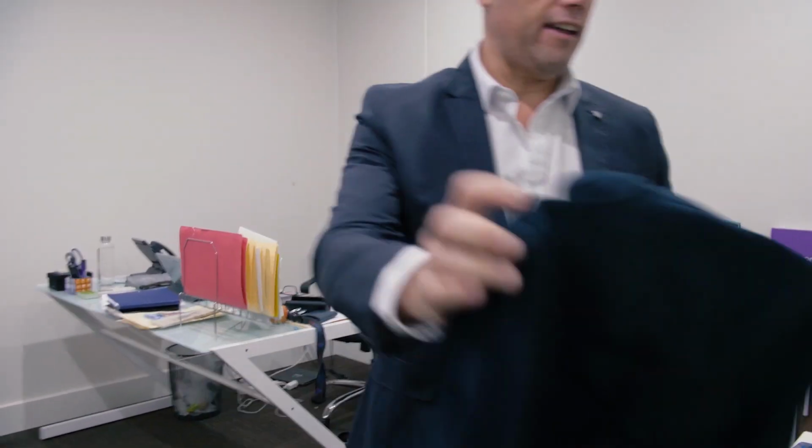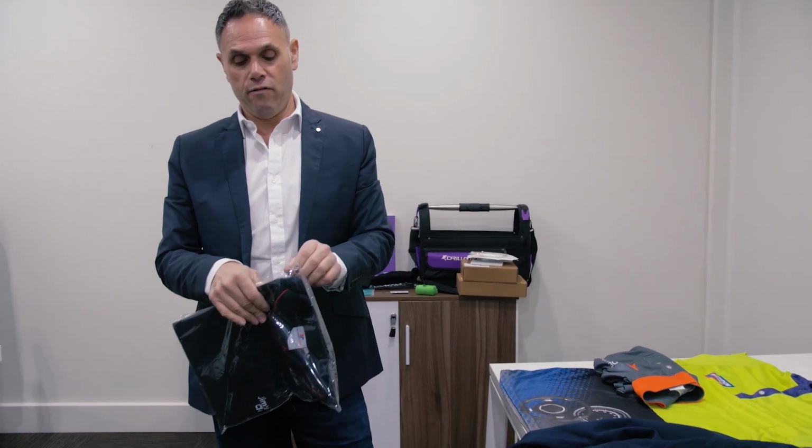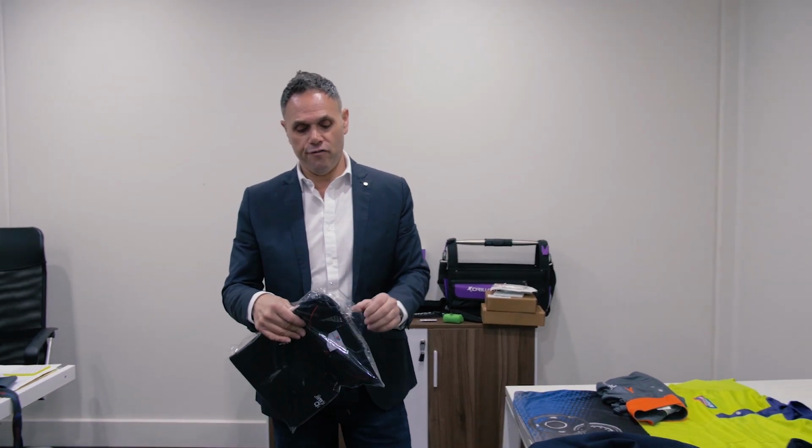And we've recently changed our polo from polyester. We were doing 80% polyester, 20% cotton. Now we've gone to 60% cotton and 40% polyester, which makes it a bit more breathable and easier for franchisees, especially people in Queensland and Perth, where it is quite warm. Polyester is not a good garment to have. It actually warms up quite quickly. One of the issues with polyester polos is you sweat and smell, where these actually breathe,